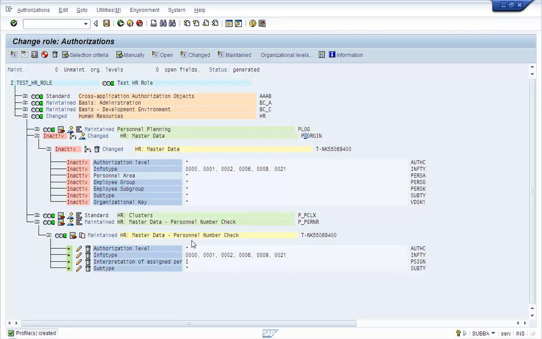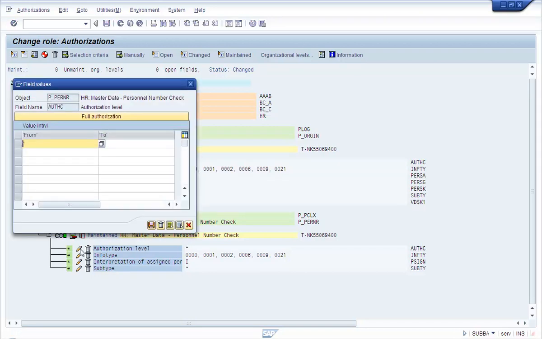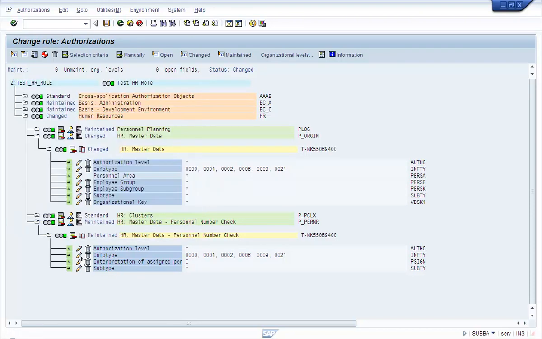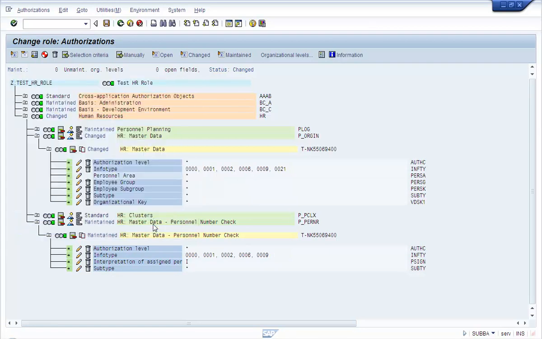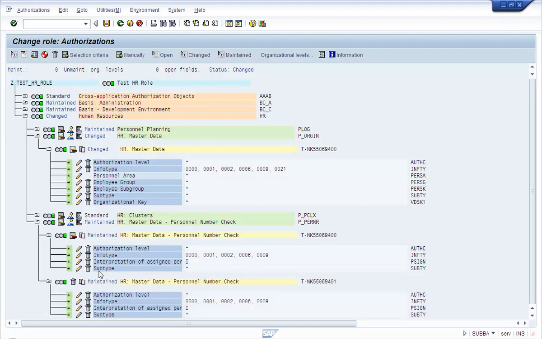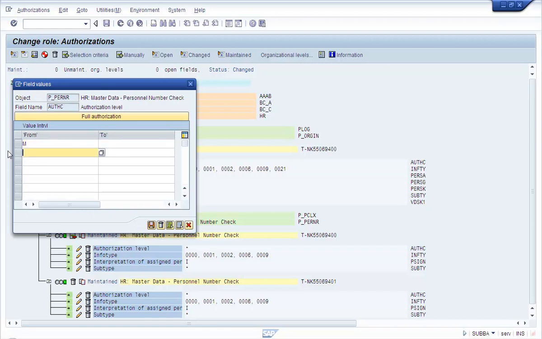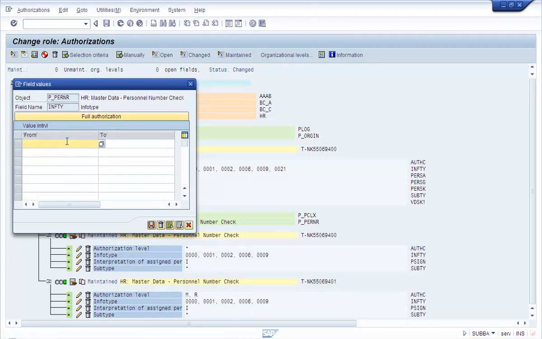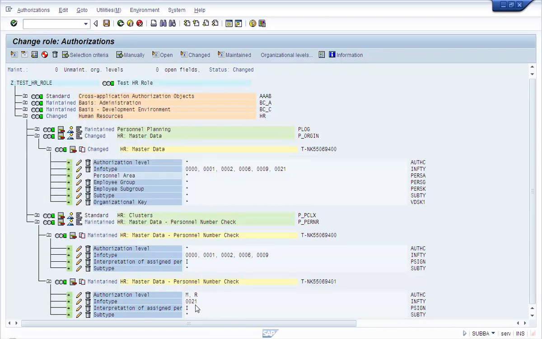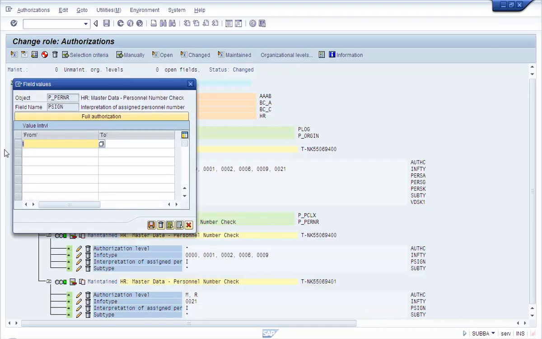Now let us take another scenario where the user is allowed to do everything for other users, but can only display information coming out of infotype 21 for himself.